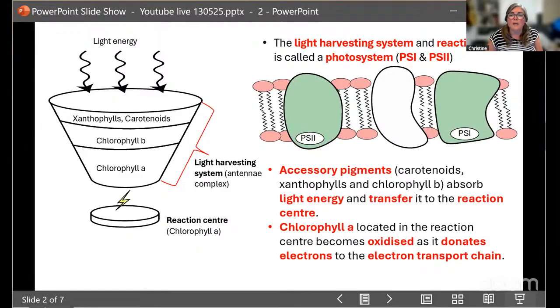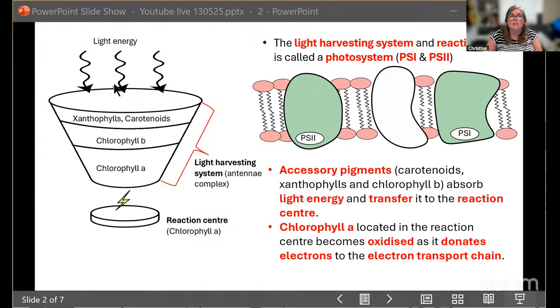Okay, so Hannah, if you are still listening, I am going to now go through the electron transport chain, but you can either join me on the YouTube. Perfect. Okay, so first thing to know, when we're looking at the light dependent reaction, make sure you understand when you talk about a photosystem what that actually is. So the photosystem is a light harvesting system and a reaction center.